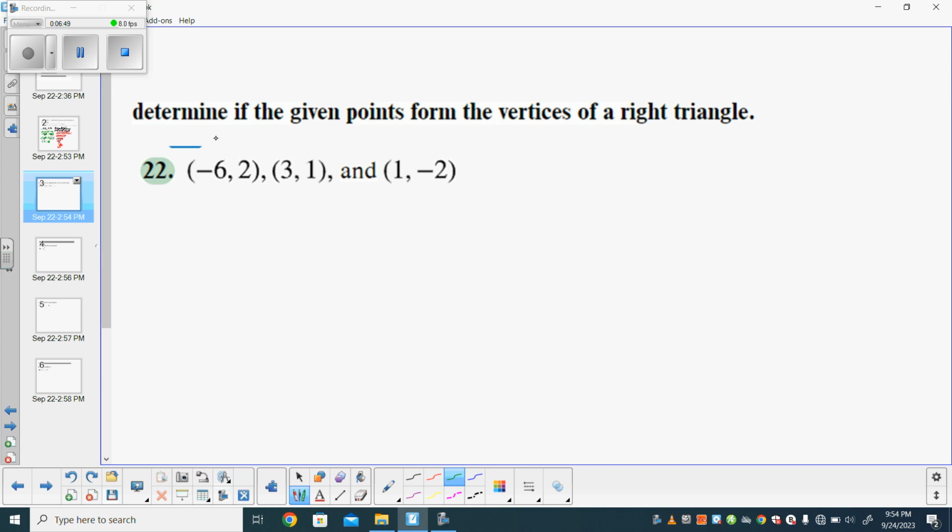All right, after that, I'm going to ask you to determine if the given points form the vertices of a right triangle. All right, so what we can do here,